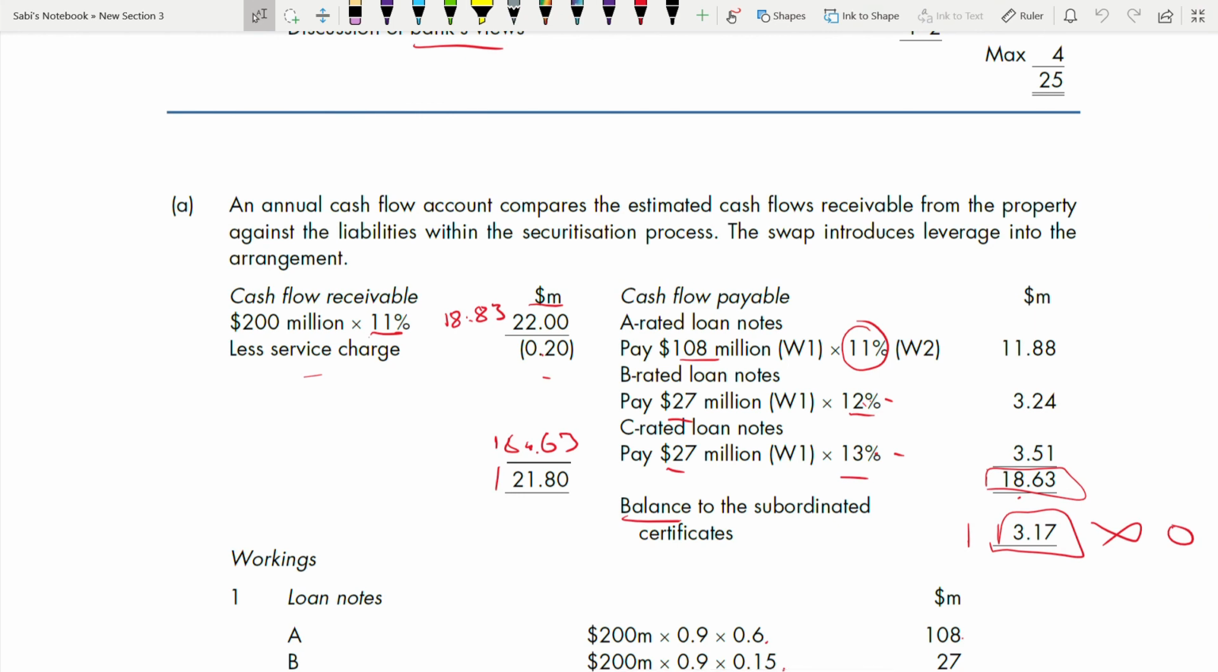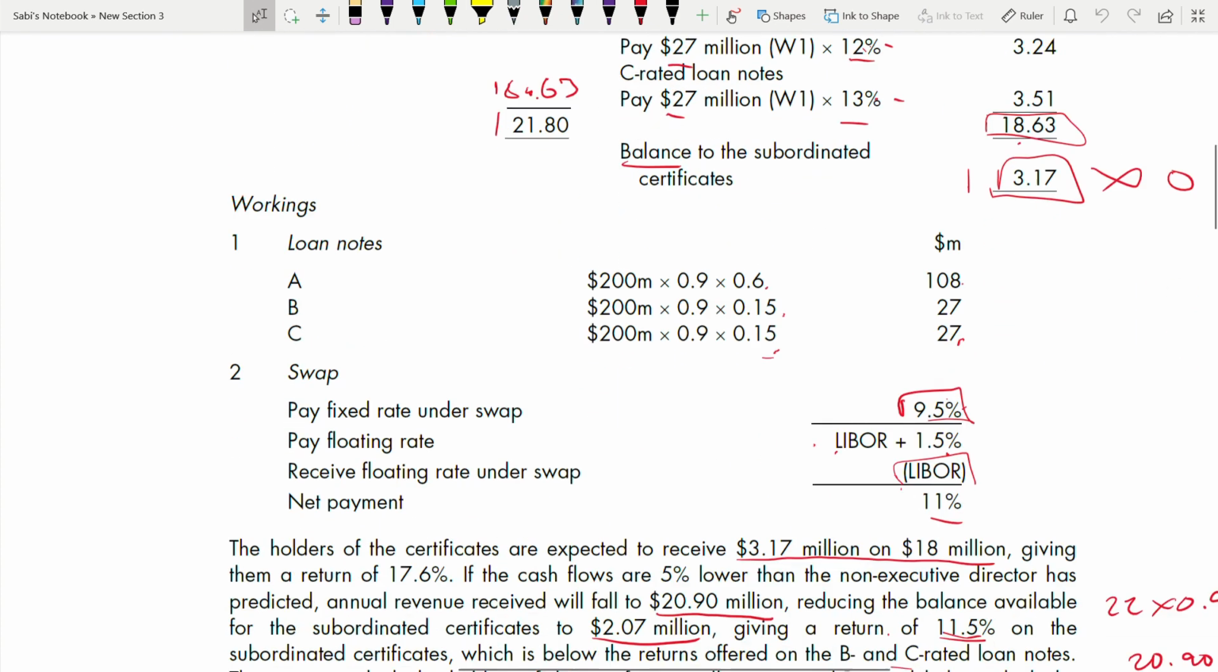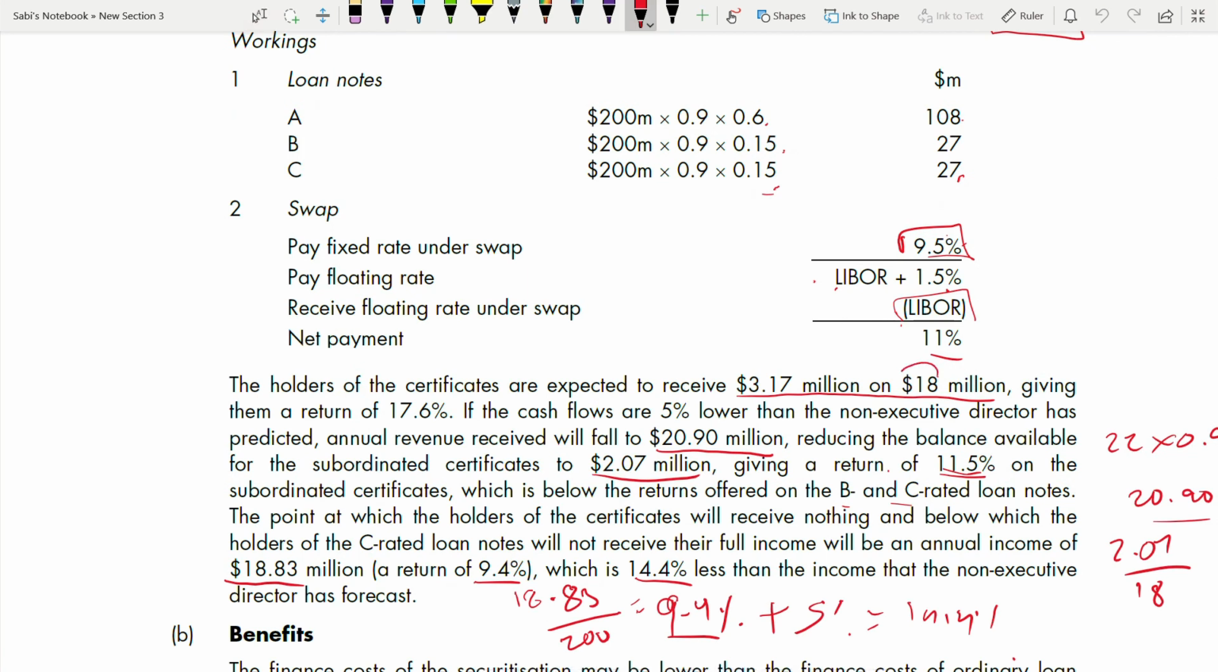And the thing which I forgot to tell, how this 18 million came was, okay, so the total is 200. Out of this only 90%, right? And from this, which is 180, you have to take 10%, which is 18 million. Why 10%? Because